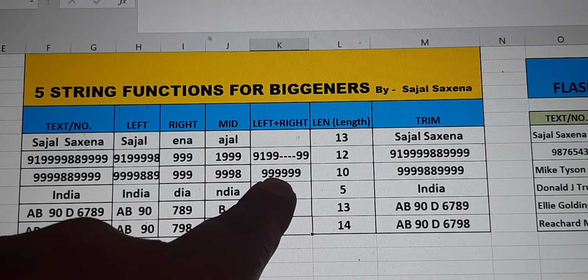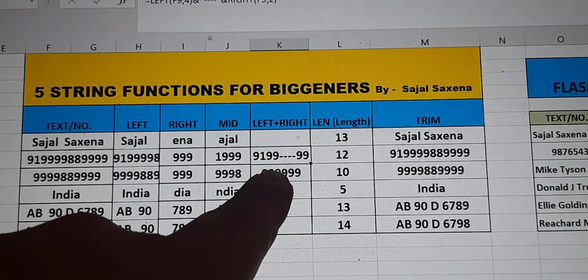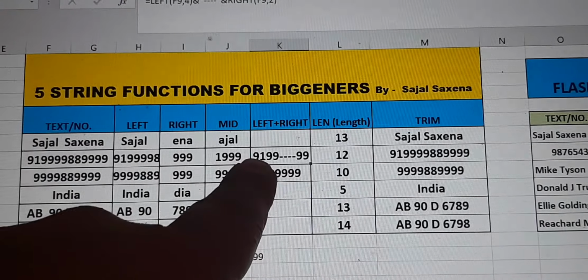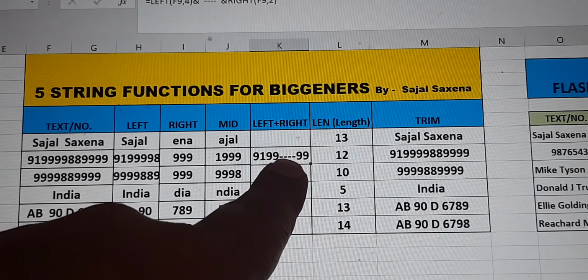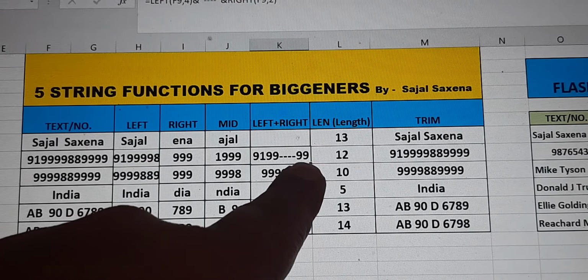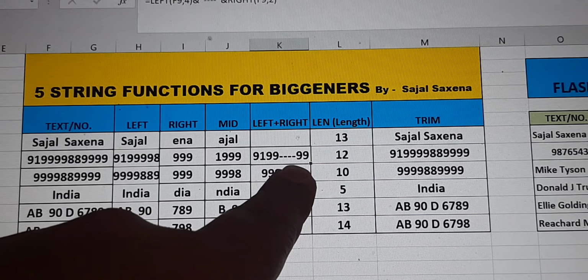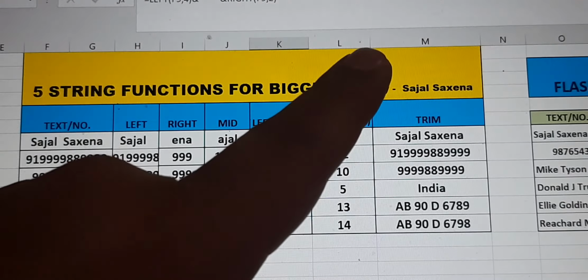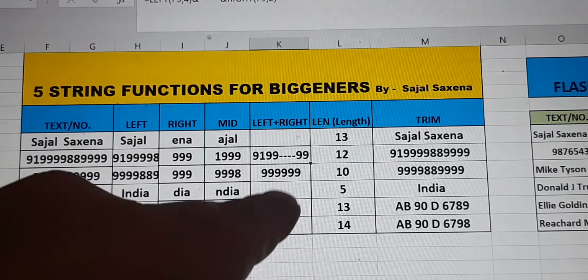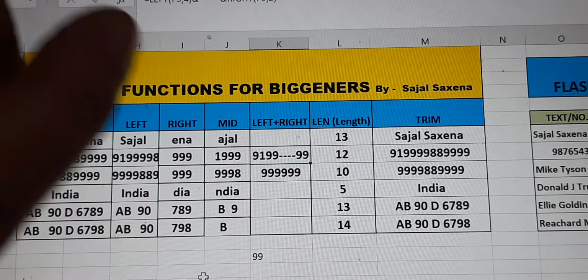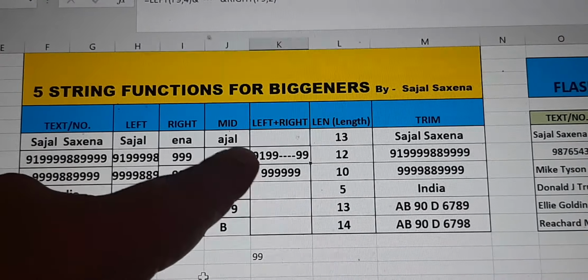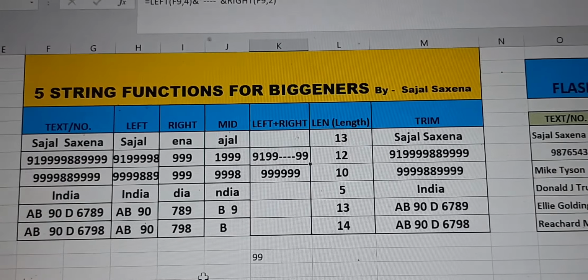Now what more you can do? There is a number, but you want first four digits, then you want to encrypt in between, and then you want the last two digits. So the formula is equal to sign, left, bracket begins, the cell name. Out here, the cell name is F9.